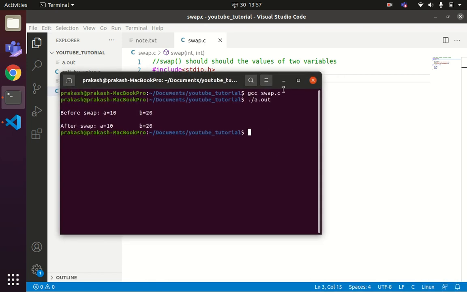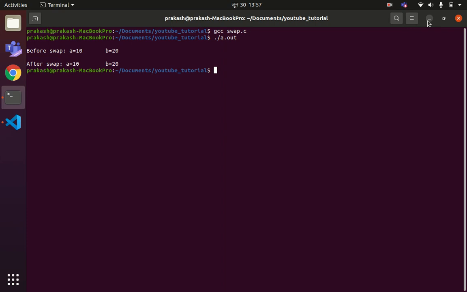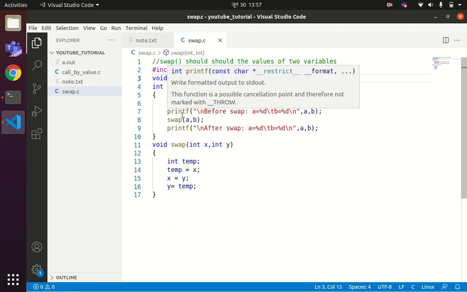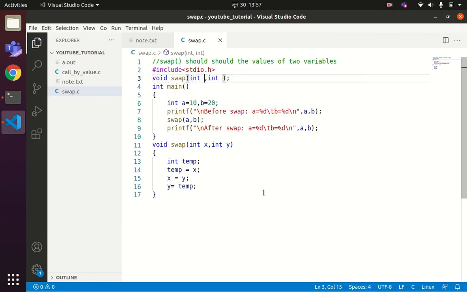So I'll create the memory image for the program. Let us say in this program we have two functions, the main function and the swap function. As I have discussed in earlier videos on functions in the C programming language, each function will have a separate memory image in the computer's memory, and in that memory image they maintain their local variables, and the knowledge of the local variables is not known to another function.